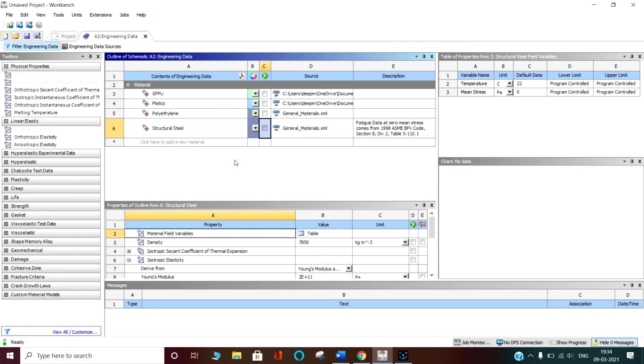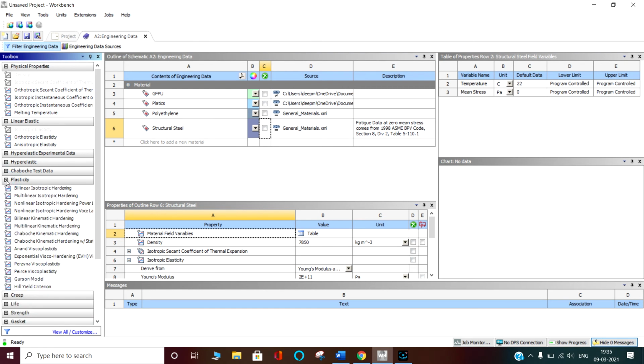And this we have defined up to the elastic limit only. If you want to define it further, all the options are available: plasticity, bilinear isotropic, multilinear isotropic hardening. All these things are available there. You just have to click it and define it.